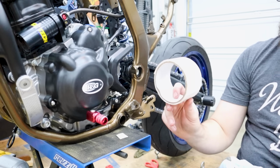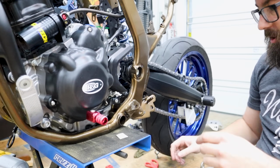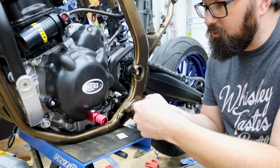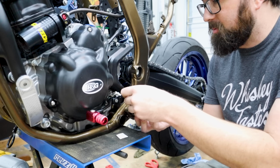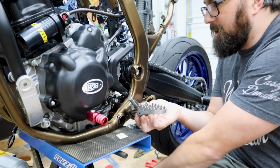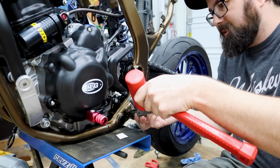It's meant to protect. Kind of pricey, pretty thin roll, but we're gonna put this in a few other spots, like where cables run against the frame. The other thing, of course, I just ran into it when I did the one on the other side. The hole for the pin that holds the pegs in place is definitely a little more firm than it was before powder coating. In fact, before powder coating, you could more or less just slip these in. Now you gotta kind of